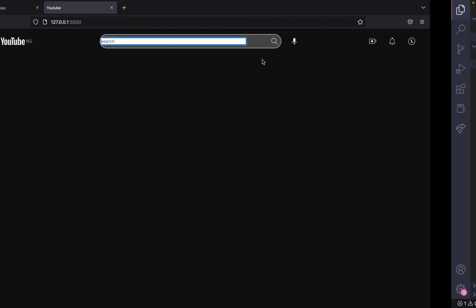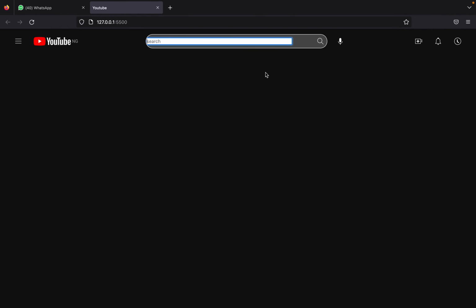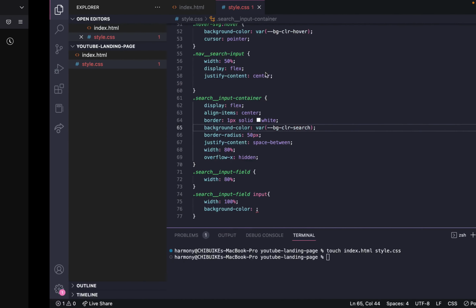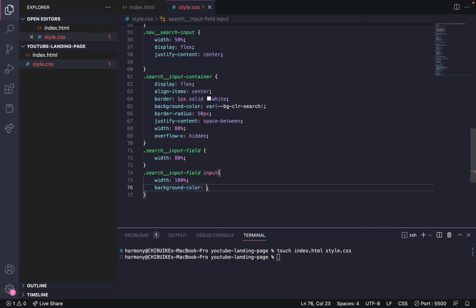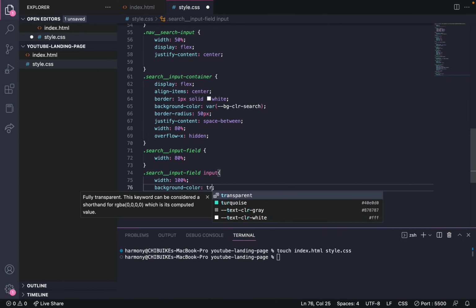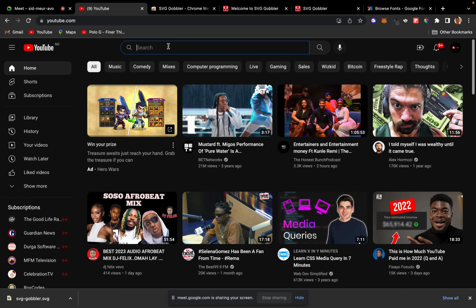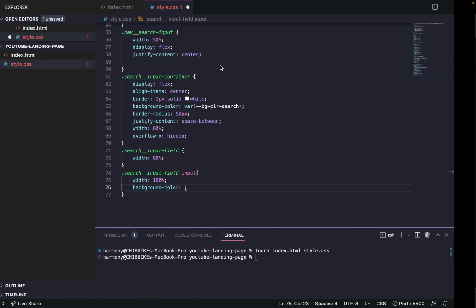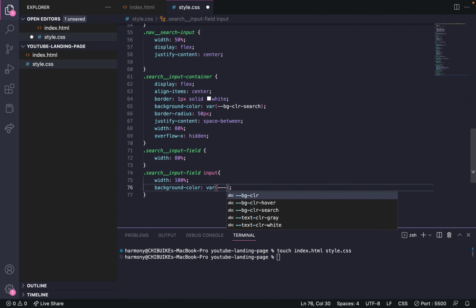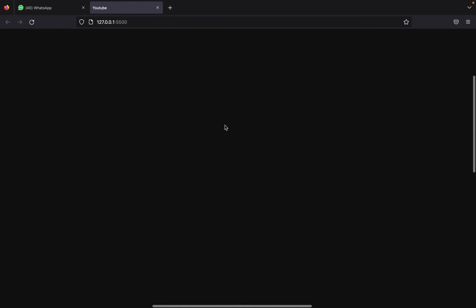Okay, then another thing I need to do is make the background color of this, because the background color of the input field is the same as the background color of the whole body, or the background color of the website. So, okay, then